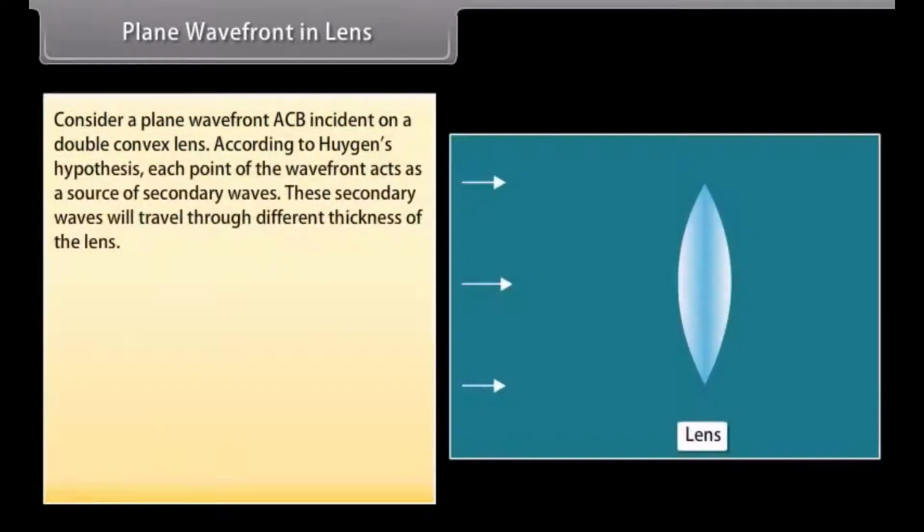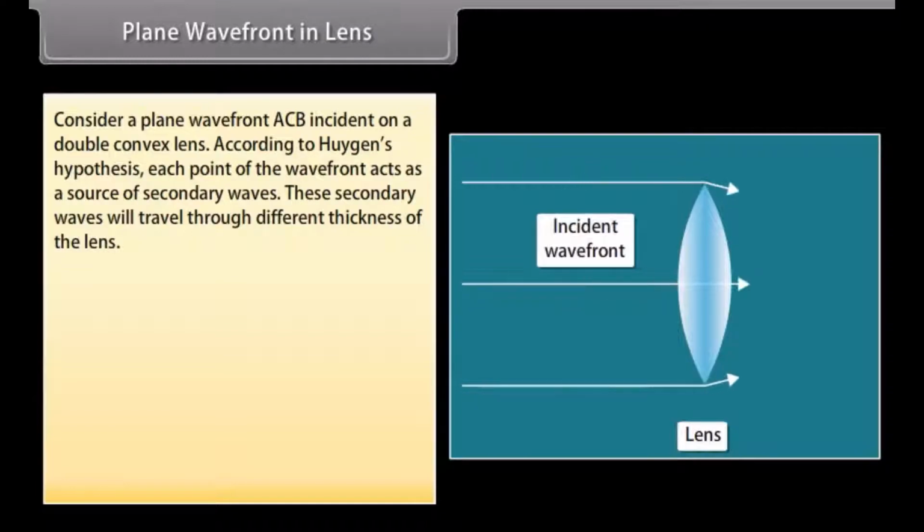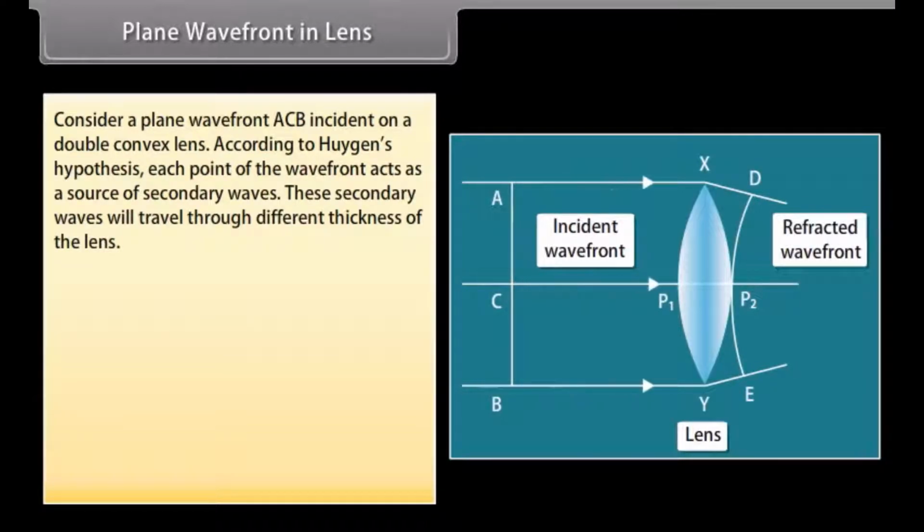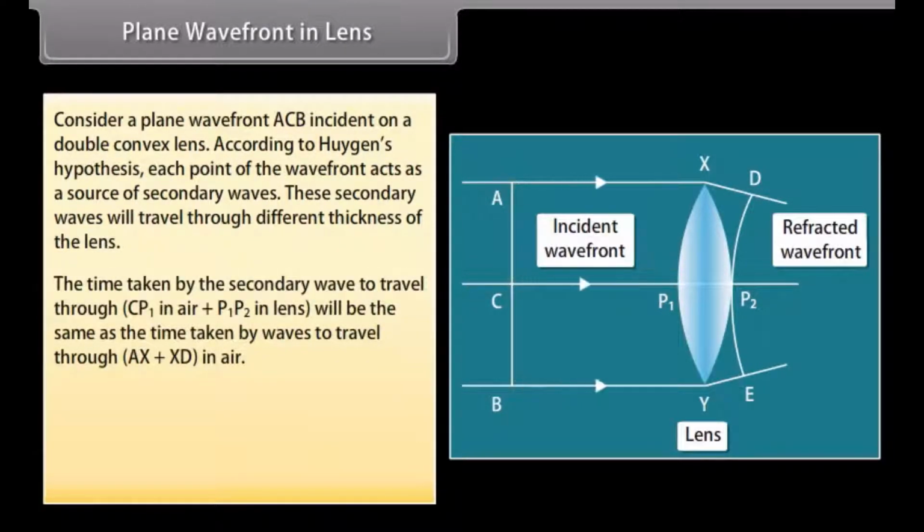Plane wavefront in lens. Consider a plane wavefront ACB incident on a double convex lens. According to Huygens' hypothesis, each point of the wavefront acts as a source of secondary waves. These secondary waves will travel through different thicknesses of the lens. The time taken by the secondary wave to travel through CP1 in air plus P1P2 in lens will be